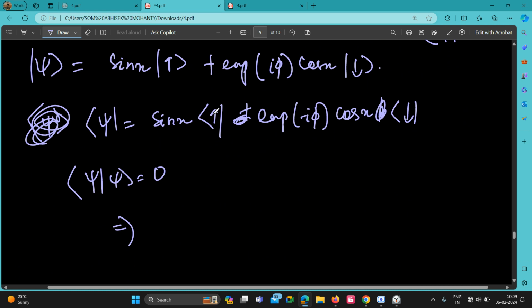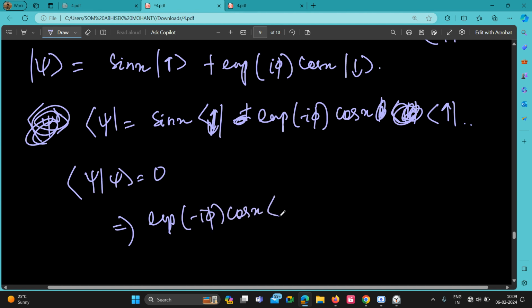Okay, this one will be down. This one will be down. This one will be up in this case. Okay, yeah, now it's correct. Now this one will be multiplied with this one. This up, up. So exponential i phi cos x sin x up, up